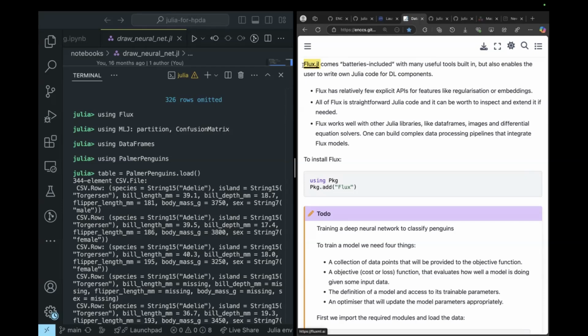And this particular package also enables the user to write their own Julia code for deep learning components. So this Flux library is very flexible, and it has some explicit APIs for features like embeddings or regularization, which could be helpful when we're designing deep neural network algorithms. And people say that all of Flux is very straightforward Julia code, and we recommend to inspect this package, and it could be easily extended if needed. So it's something community-driven,